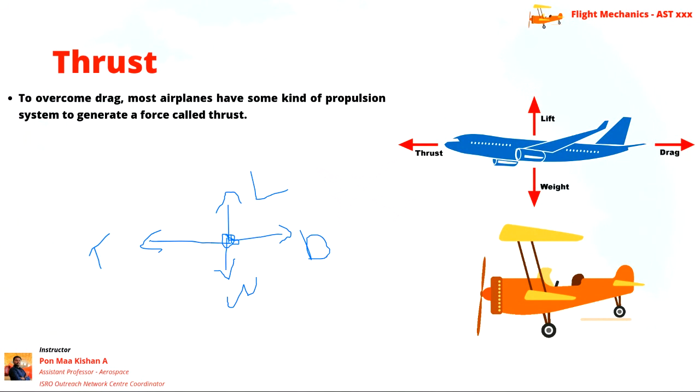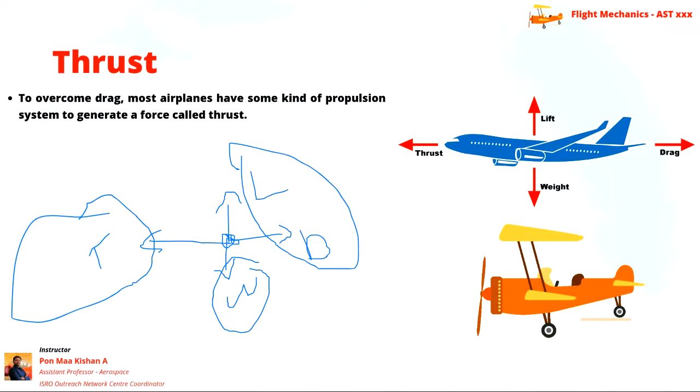So with respect to one point, we will be drawing. For better understanding, we have given that type of statement that lift will be acting upward and thrust and weight will be acting from the single point. Okay, but when we are speaking about flight mechanics, the entire course is related with handling the forces and moments, right? So you should know at which location the thrust line will be there, and which location the drag will be there, and which location the lift will be there, and which location the weight will be there. So as earlier we have told, the lift and drag will be acting on the center of pressure, and weight will be acting at the center of gravity. Where will the thrust be acting? So that's the question, whereas before you might have learned it from a single point, right?